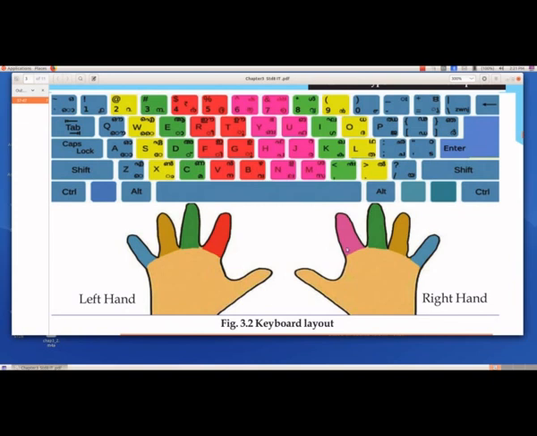And then we are going to the right hand. Again, the right hand little finger, which is again marked in blue color, is used for typing these sets of keys. And then we have the right hand